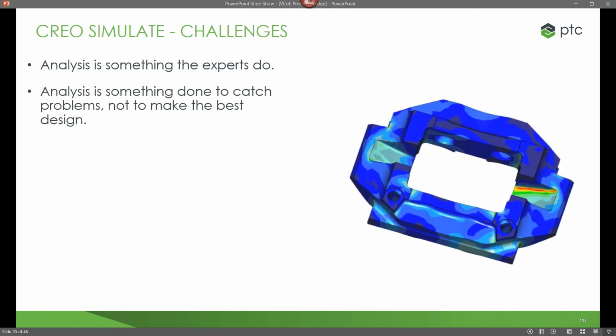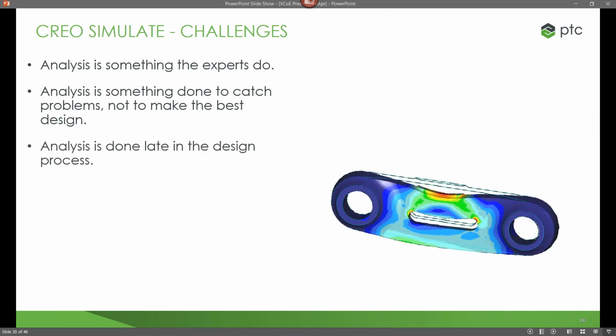Analysis is also seen as something done to catch problems and not to make the best design. Am I making a smart design decision when I do something with my design limits in mind? Or am I waiting to the end, seeing, wow, we have a big problem. I need to go back and fix all the work that I just built out. And that's because analysis is done late in the design